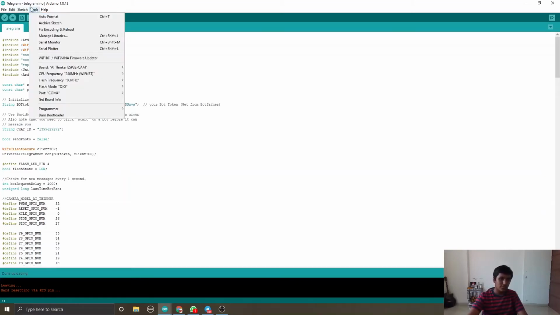First of all you have to select the board AI Thinker ESP32 cam. The flash frequency must be 80 megahertz, and the CPU frequency must be 240 megahertz, and the port you have inserted must be selected, otherwise it will not work.